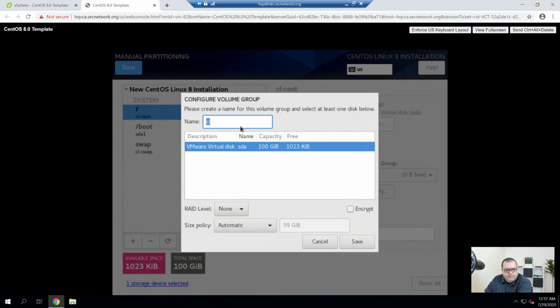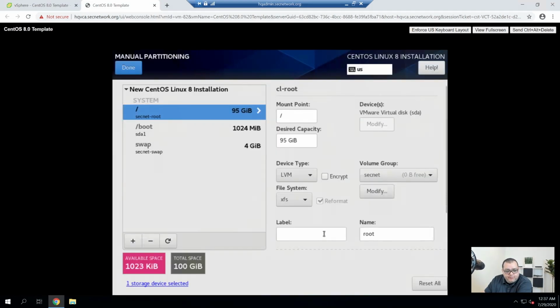And I think I'm going to rename this to TechNet. Why not? Save that. And I'm going to leave the rest as defaults.